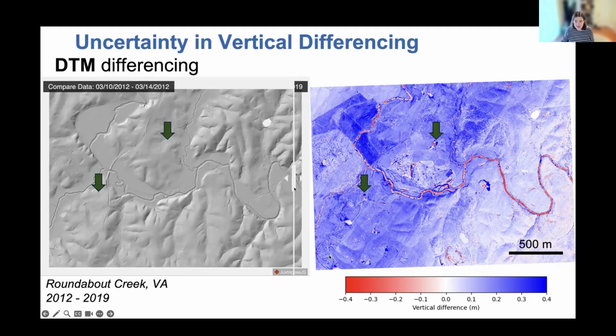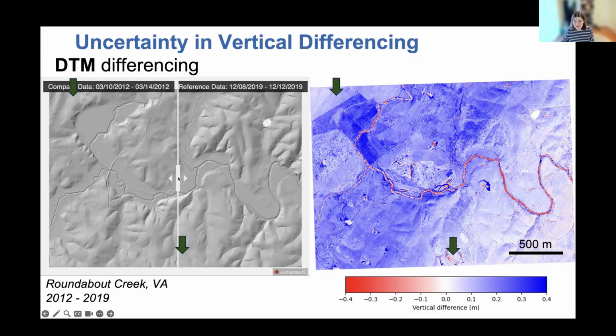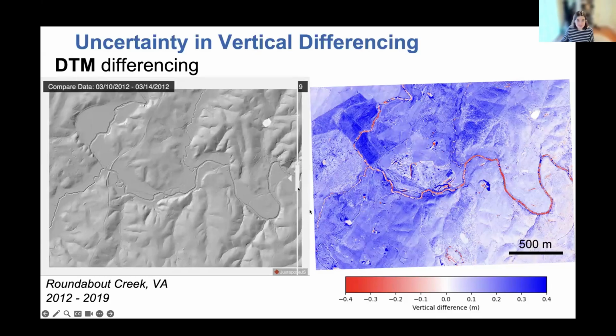The change, and then across the whole map, we see that there is kind of an overall lifting of the ground surface. Most of the map is blue. And so that begs the question, are we actually looking at real change? Like, there's been some large geologic phenomena in Virginia that we didn't know about, or is it due to error? And so the more likely scenario is that this is in fact error that is compounded from the differencing of